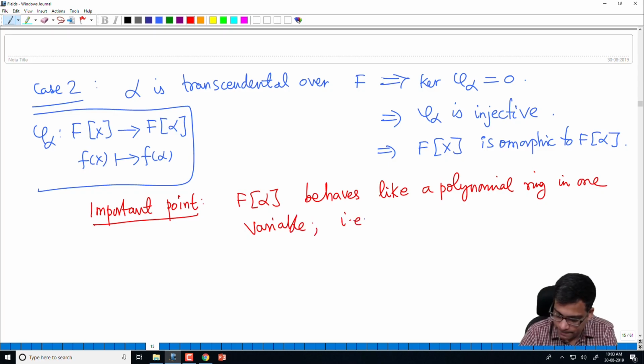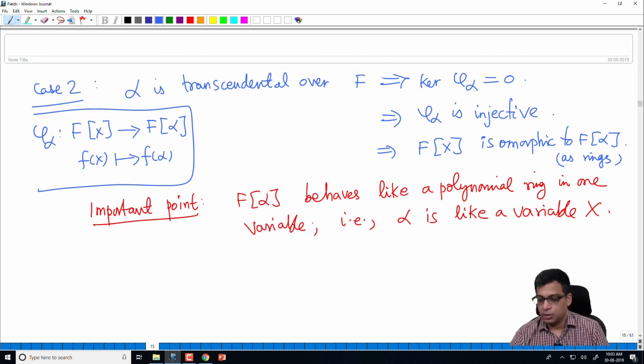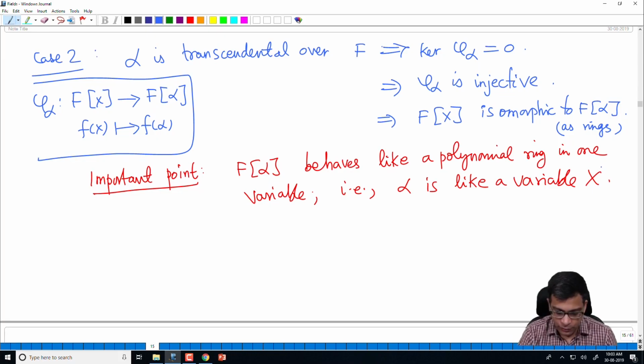That is, alpha is like a variable x, right? So this is the important point, because F[x] is isomorphic to F[alpha] as rings. Another way of saying it is that alpha is just like a symbol. X is a symbol, alpha though it's actually an element, it is like a symbol. So in particular,